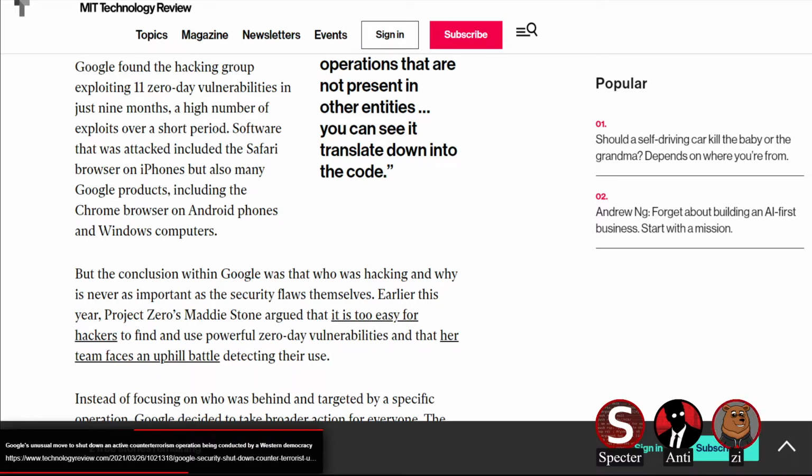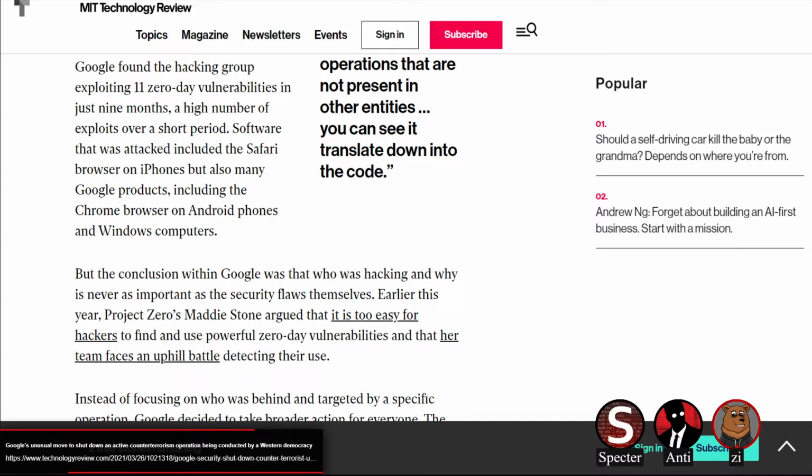Yeah, I'm not sure. Were they released over time? Yeah. I don't think we get a clear time frame over how long it actually took them. They do say it was a high number of exploits over a short period of time. These 11 exploits over that period. I think it was over like a few months span or something in 2020. Yeah, if I remember correctly. So we don't have the exact details. They're being pretty light on that.